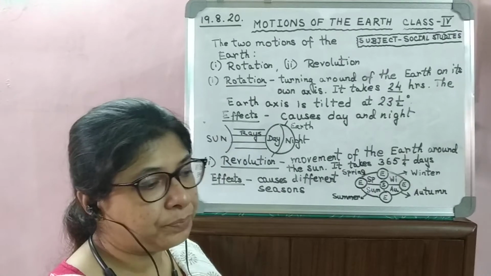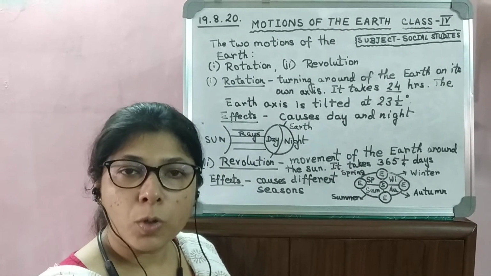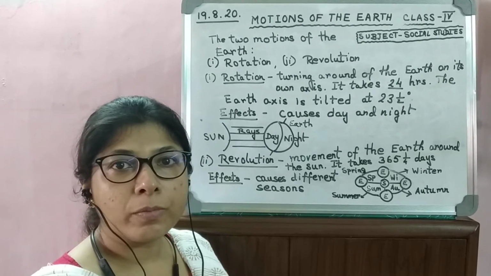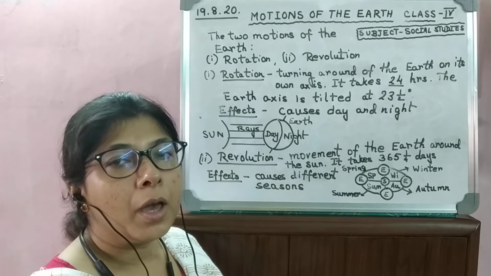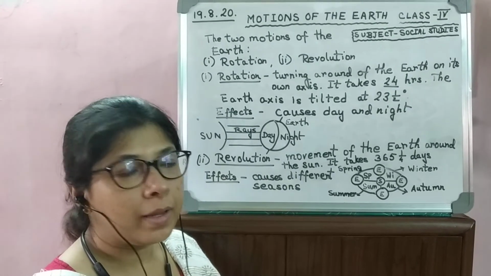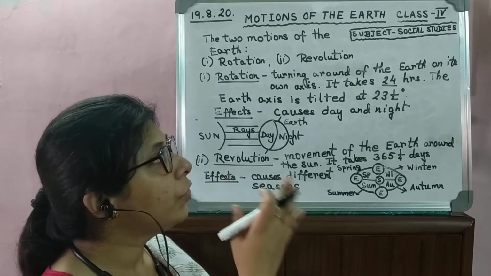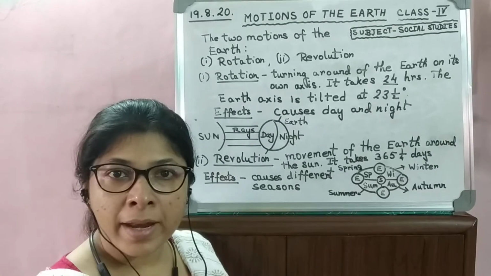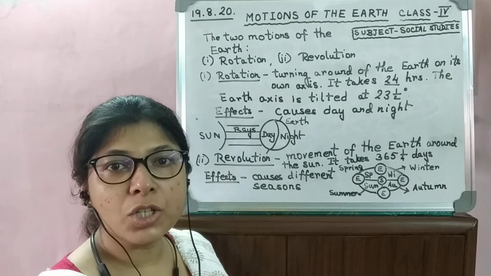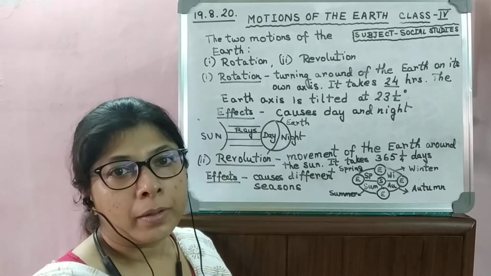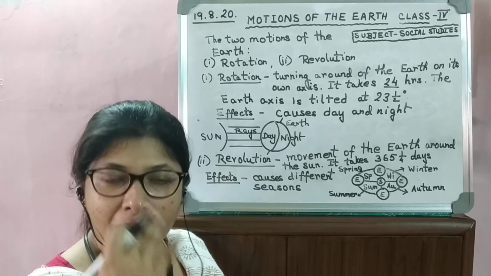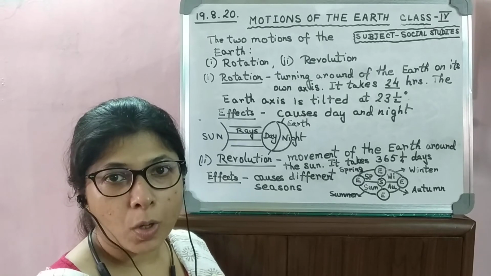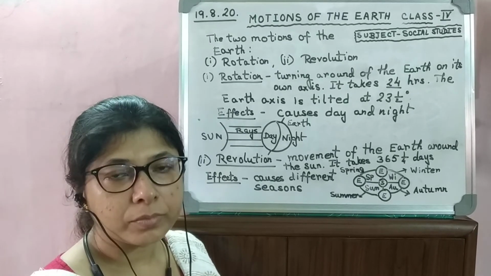So, till here you will go through the chapter. I hope you have understood. Before doing the worksheet, go through the video of the chapter, and then do the worksheet in your SST2 exercise book. Next day we will do the rest of the chapter, that is the solstice and the equinox.